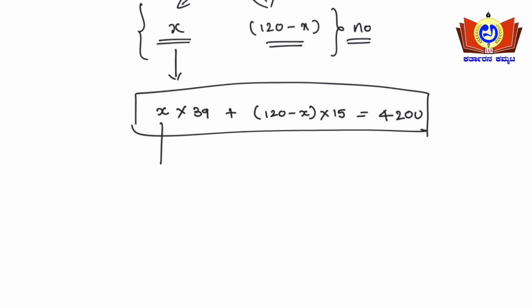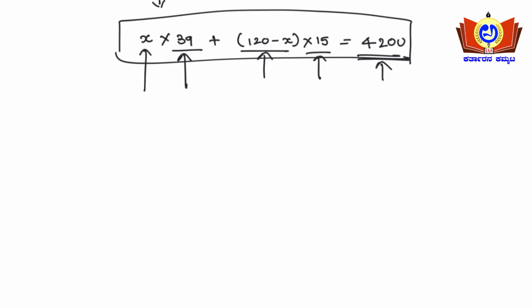So what is the X here? I'll tell you, this is the number of passed students and 39 is the average of passed students, and 120 minus X is the number of failed students, and 15 is the average of failed students, and this 4200 is the total marks here. Okay, so then 39X plus